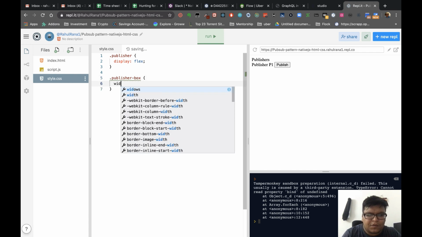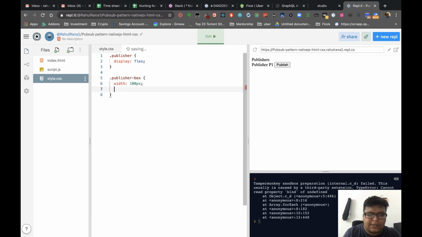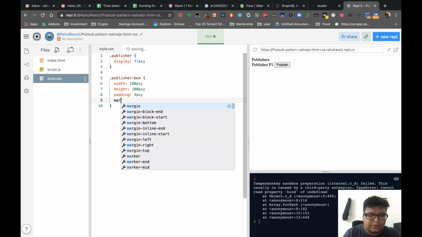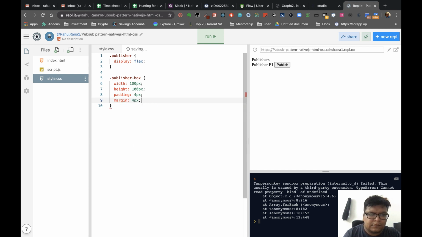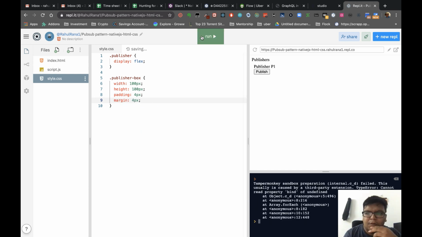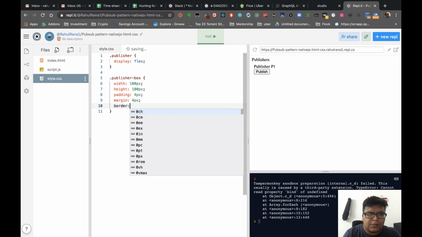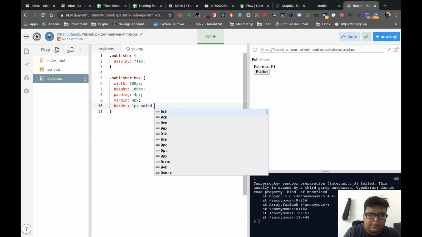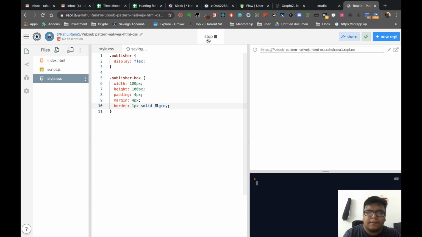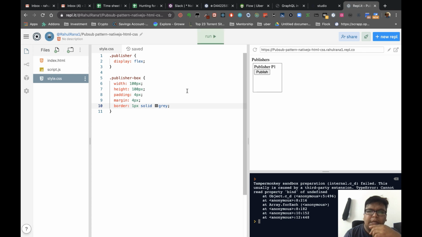In publisher box we can have a width of 500 pixel. Yeah, so I think another thing we can do is, yeah, so we have a simple publisher first.